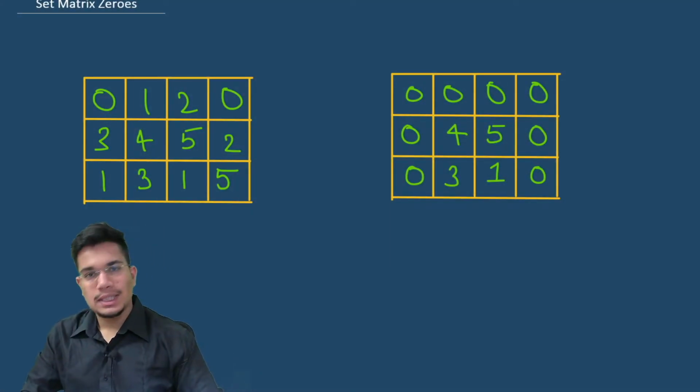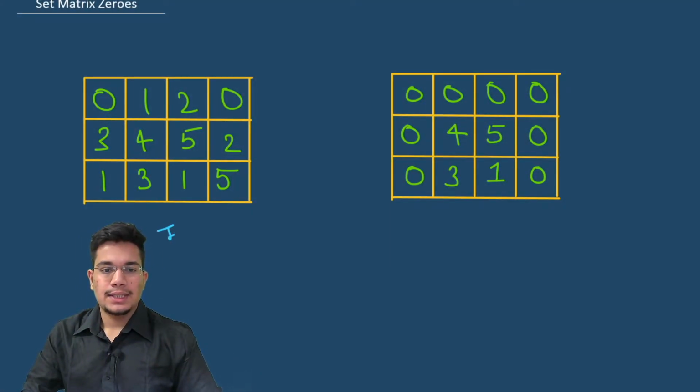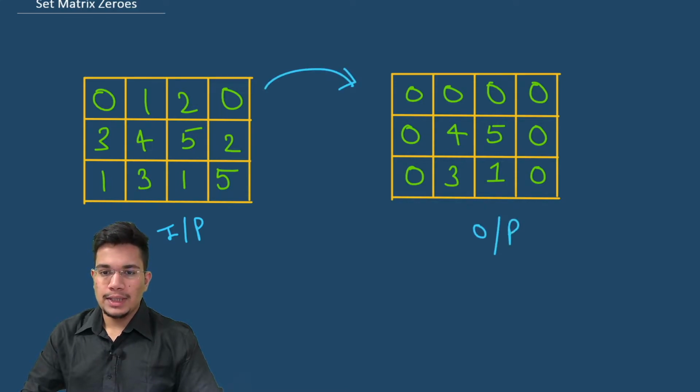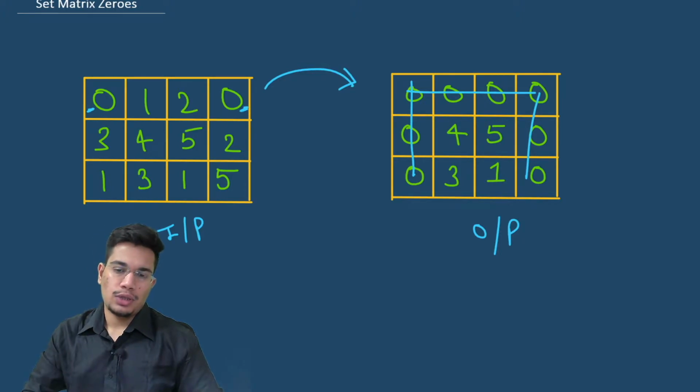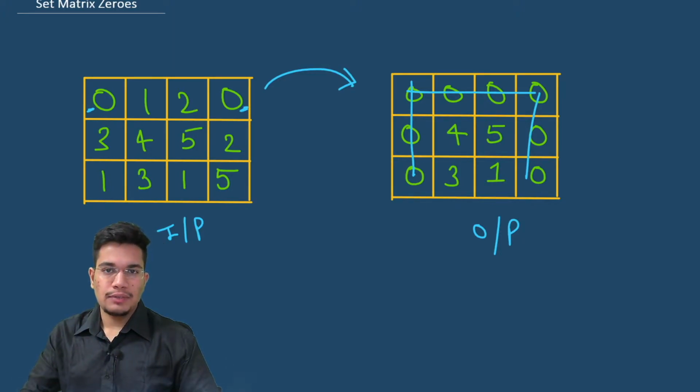Alright, so let's quickly move to the explanation part now. So here I've taken this as the input matrix, and this is the required conversion which changes it to the output matrix. So you can clearly see that there's a 0 here at this cell. So we have made this entire column and this row as 0. Then for this 0, we have made this column as well as this row as 0. So this is the entire output matrix that we want. And since it has also been mentioned in the question that we need to do this in place, so we cannot create an extra matrix, we need to make changes in this input matrix itself.